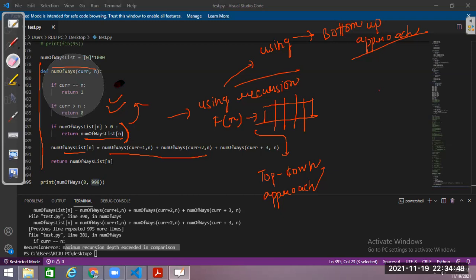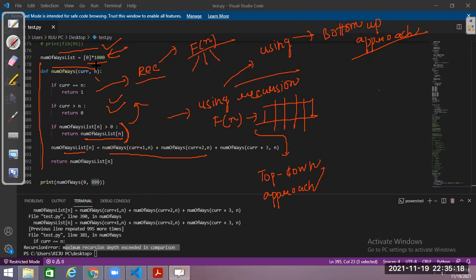Firstly, tell me one thing, how many of you are comfortable with how we have calculated the number of ways using recursion? We have recursively called our function, and whenever we get some result, we store it into the table. Before making any further function call from f of n, I look into the table, into the array. If this is already calculated, I won't make these function calls. Rather, whatever value has been kept here, I will return that to my previous function call. Is this approach clear to all of you or not? Tell me that.